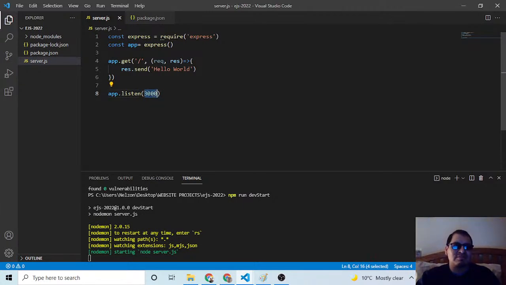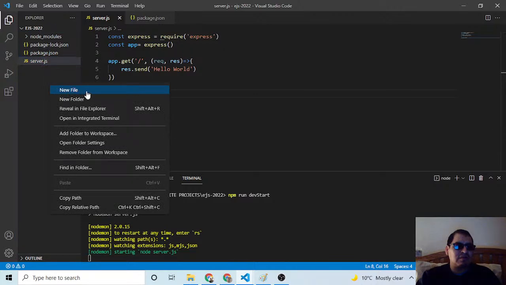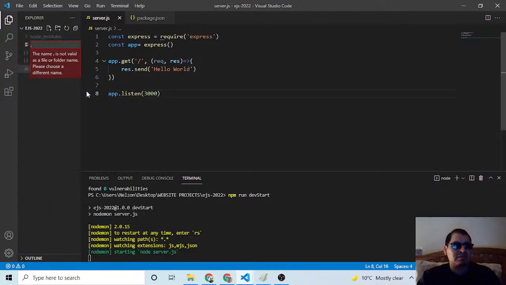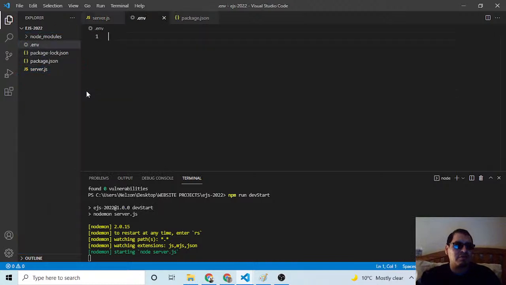I want this to look a bit nicer. So for now, let me put another new file over here. Let me put a .env where I'm going to save all my, let's say this will be the port.